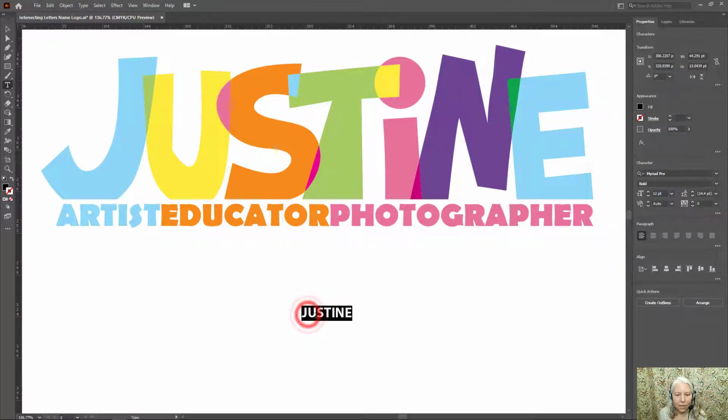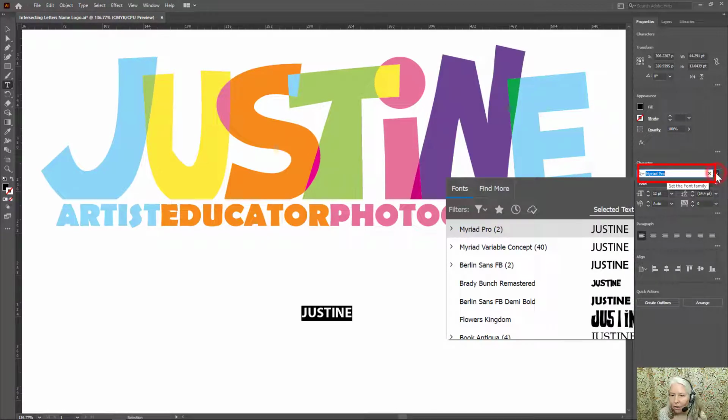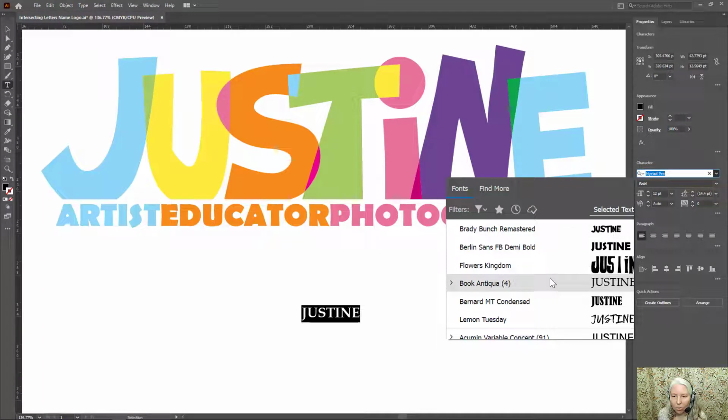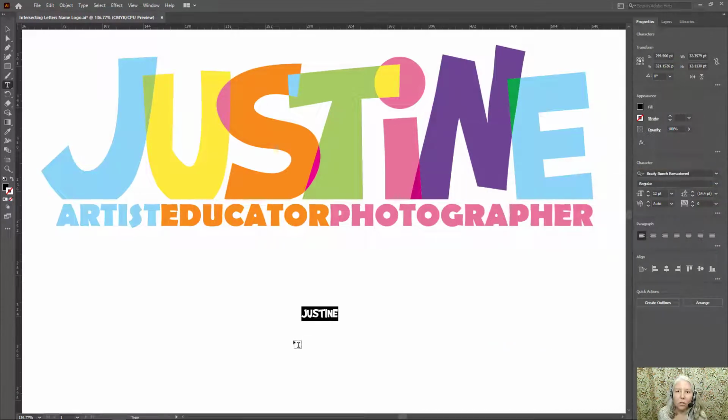Now I'm going to choose a font. So I highlighted that. I'm going to go over here to the Properties panel, and under Character I downloaded from DaFont something called Brady Bunch Remastered. You should choose a font that is nice and wide so that you have lots of opportunity for overlapping and